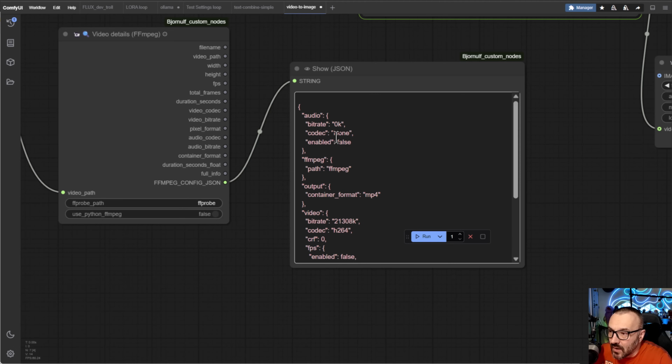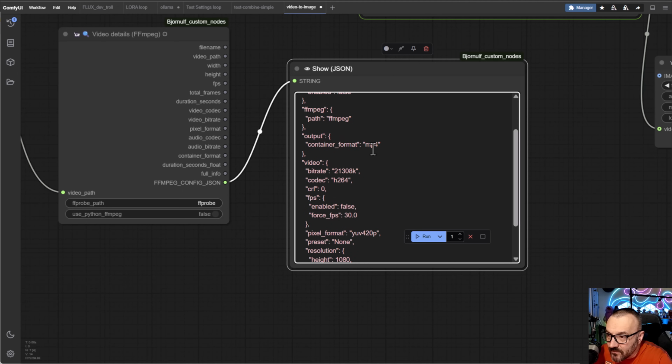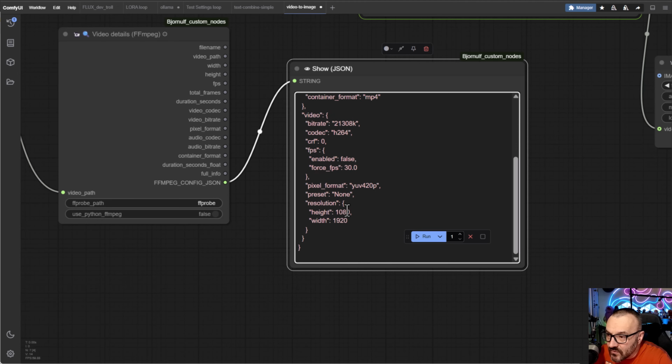Yes, object format. So we have audio, no codecs, but bitrate okay. We have the path, where it's located for decoding. Name, we have our bitrate. This is the resolution. That's what we needed. Many times we will use the frame rate, and then you look, this is actually 30 frames per second on this one, and it's 1080 by 920, so it's a full HD resolution image. Codecs